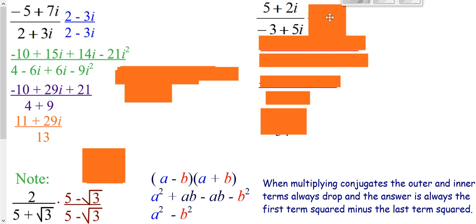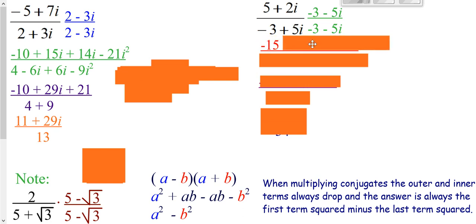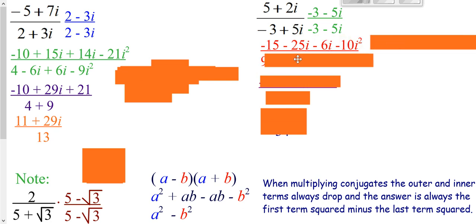Do this problem on your own, then watch the video. So you FOIL the top, because we're doing the conjugate of the bottom, which is you're just switching the sign in between the two terms. FOIL the top, FOIL the bottom,